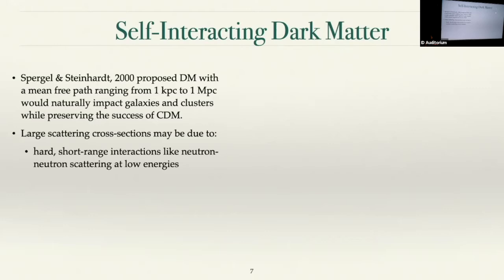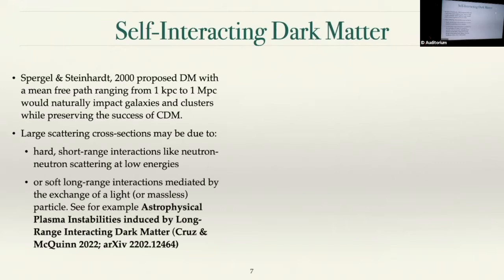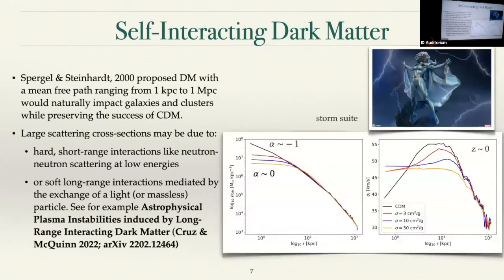And so these are sort of 2-to-2 interactions, and these are the interactions that are often considered in simulations. Or you can get self-interactions from soft long-range interactions mediated by the exchange of a light or massless particle. I won't talk about this, but if you do want to know more, this can produce many, many scatterings. I recently submitted a paper for publication with Matt McQuinn on the astrophysical plasma instabilities induced by long-range interacting dark matter. Okay, so now that I'm done with my shameless plug,